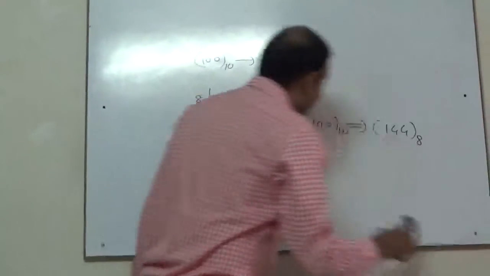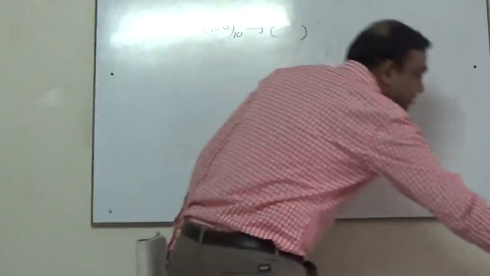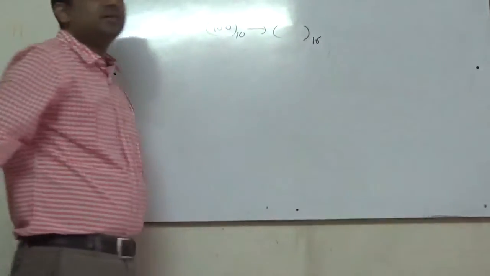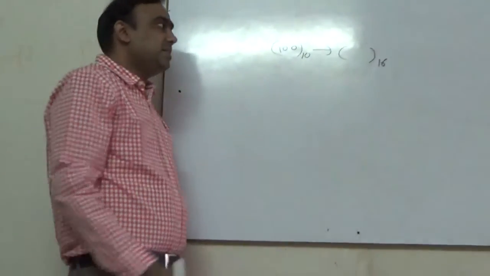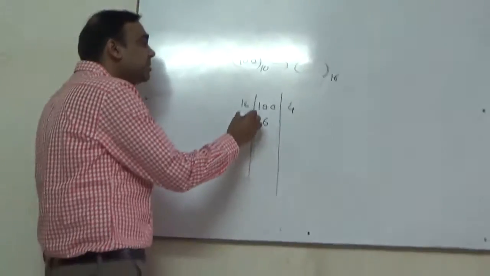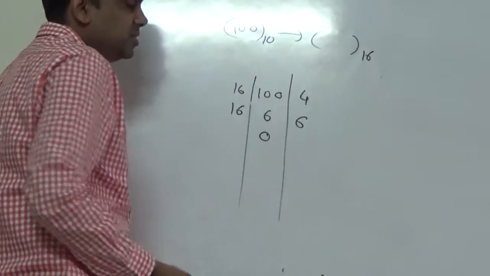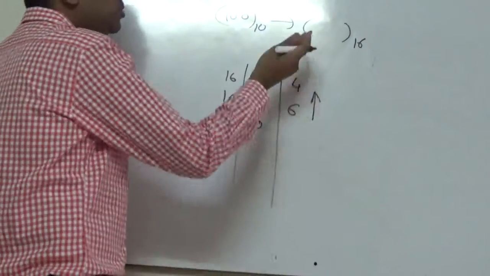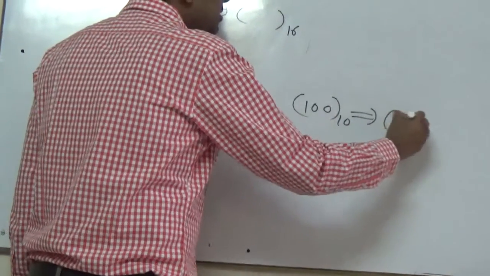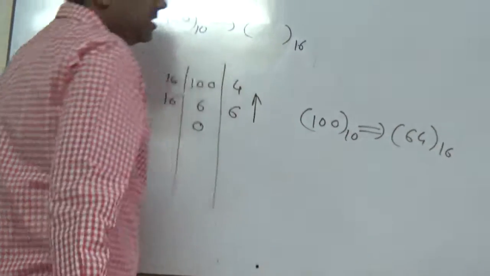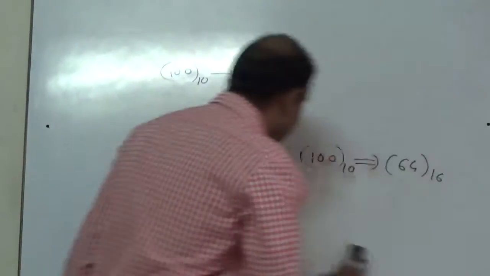Now finally we'll come to conversion from decimal to hexadecimal. This time, look, this is 16, so you'll have to divide by 16. So 100, divide by 16 gives 6, and then again divide by 16, the division is 0 and the remainder is 6. So we read right from bottom to top. So we say that if 100 is in decimal, 64 is the corresponding hexadecimal. So in this way is the process. So finally we can conclude that